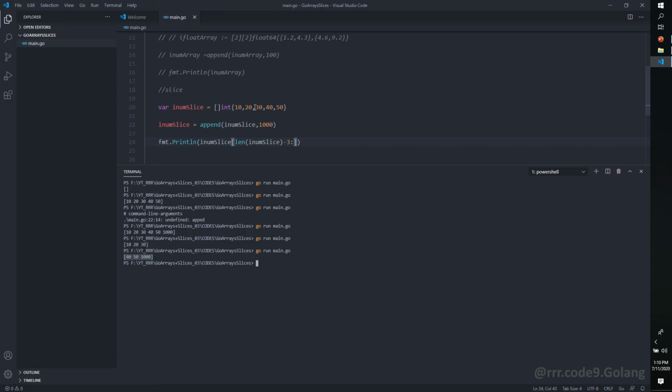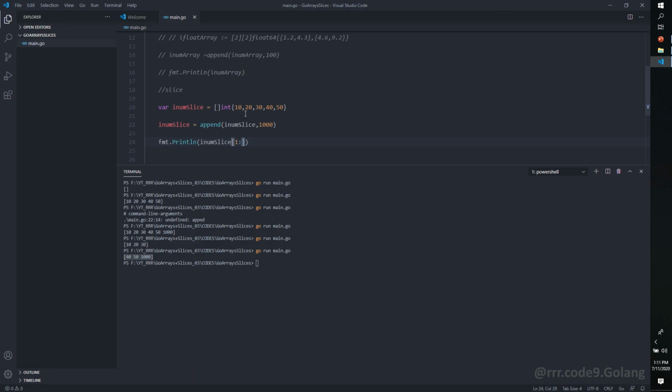If you want to access any particular element inside the slice, you have to give the index number accordingly. For example, let's say we want to access the second and third element of the slice. The second element has index number 1. Index number always starts with 0, so 0, 1. We want to access 20 and 30 from this, so we can do it in this way.